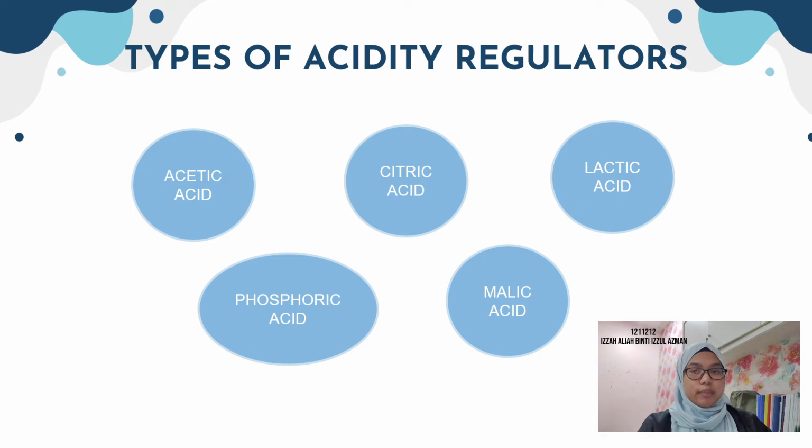Next, we will talk about the types of acidity regulators. Based on the types, there are 5 types of acidity regulators, which are acetic acid, lactic acid, citric acid, malic acid, and phosphoric acid. These food additives exhibit preservative, antimicrobial, and pH stabilizing properties that increase the shelf life of food products. The acidity regulator market has gained considerable momentum over the past decade, and they have